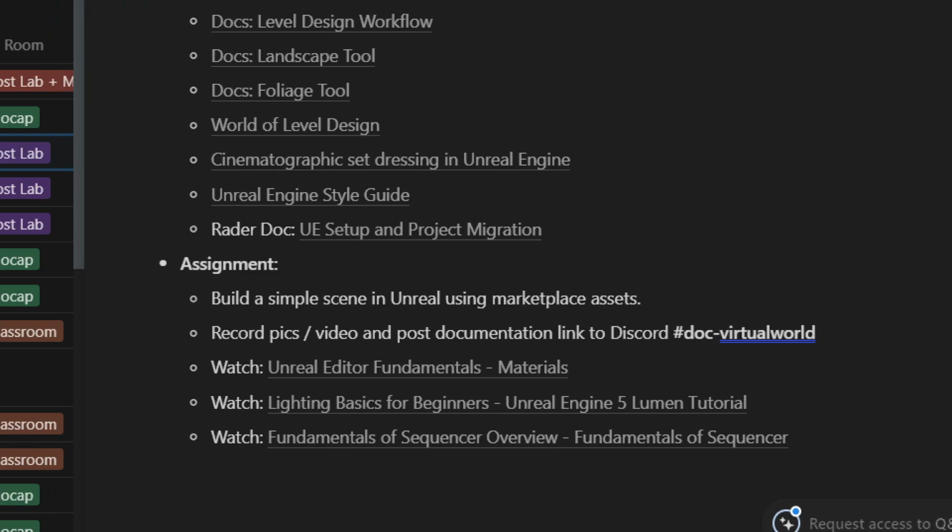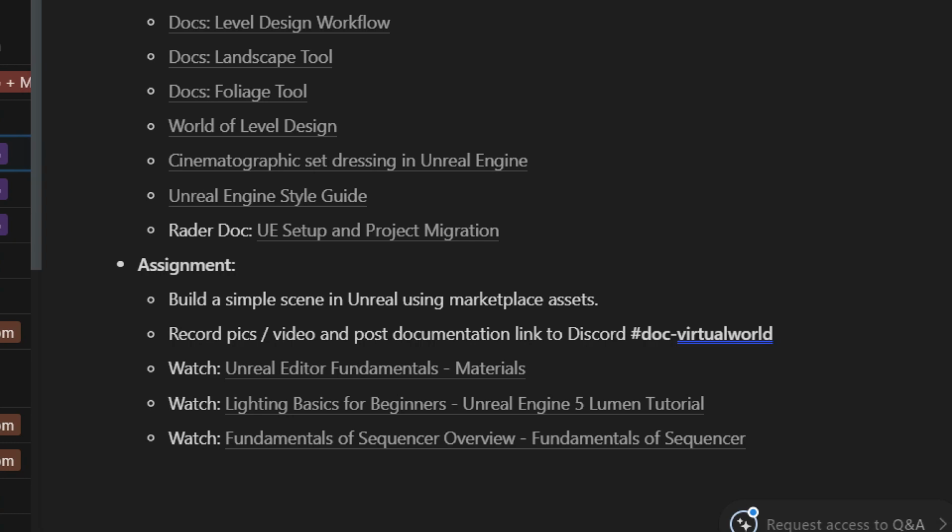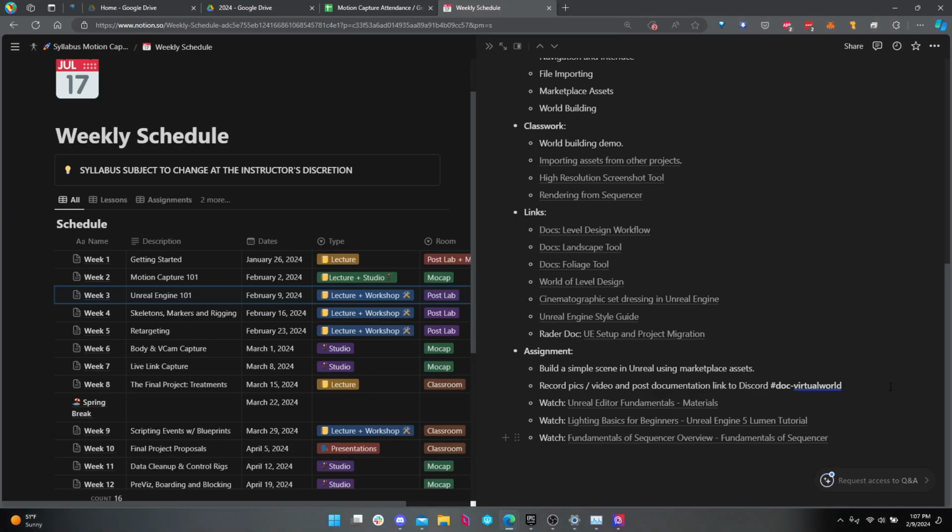So that's the ask, and then I want you to post documentation of that world. Screenshots. If you want to do a screen recording of yourself driving around the world, that sort of stuff. Next week, we'll use Sequencer, so I'll show you how to actually render out videos from Unreal if you don't know how. For right now, for this assignment, you could just screen record with OBS or something, whatever you want, to get it up on your blog. And then I also want you to watch these videos. This one, the bottom one, would be very useful for next week when we use Sequencer. Any questions about that? Pretty straightforward.